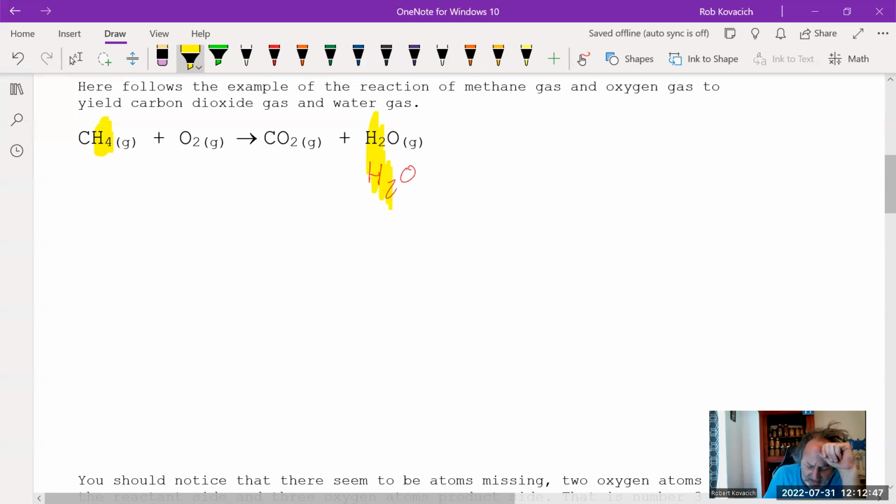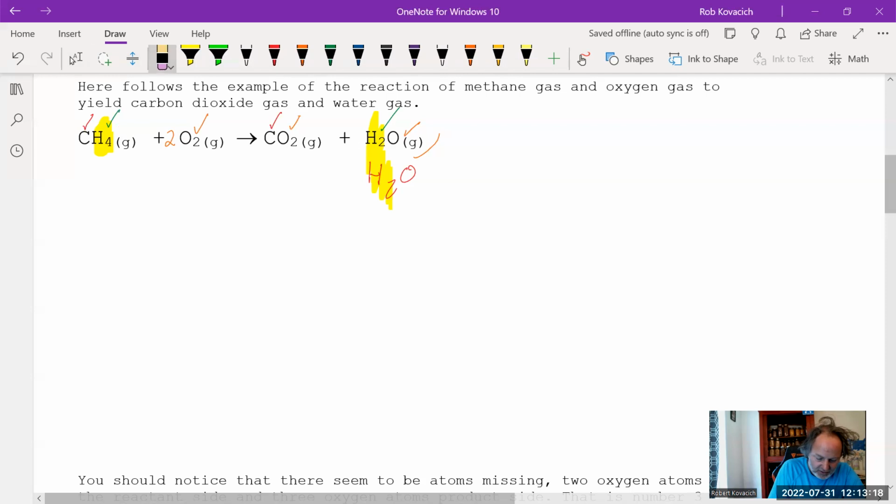All right, so now let's count things to make sure we've got everything set correctly. I've got 1 carbon and 1 carbon, so that's good. We already said we've got 4 hydrogens and we've got 4 hydrogens. Okay, so that's great. Now we've got 2 oxygens, and here we've got 2, 3, 4 oxygens. So I made oxygen? That's not possible. So what I end up needing to do is put a 2 here,